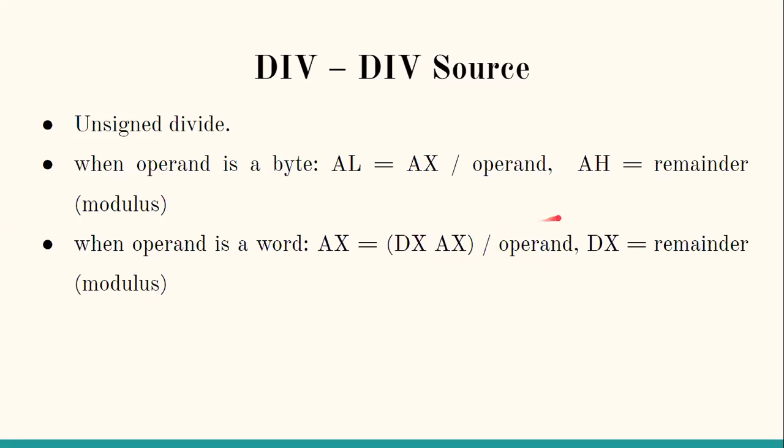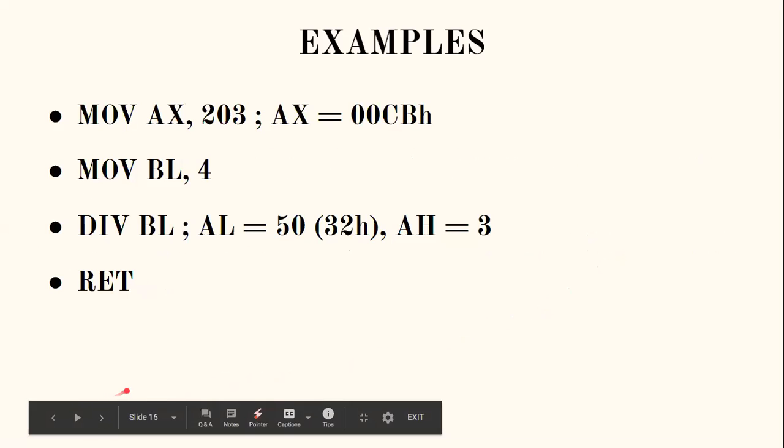So for the division of a bigger number, the divisor word, that means a 16-bit divisor, will be specified in the instruction. The dividend, which is more than 16-bit, or it can be 16-bit, will be stored in DX:AX. If it is only 16-bit, it will be stored in AX. Then the division will be performed and the quotient obtained will be stored in AX, while the remainder obtained will be stored in the 16-bit register DX. This is the format of the division instruction. An example is given over here.